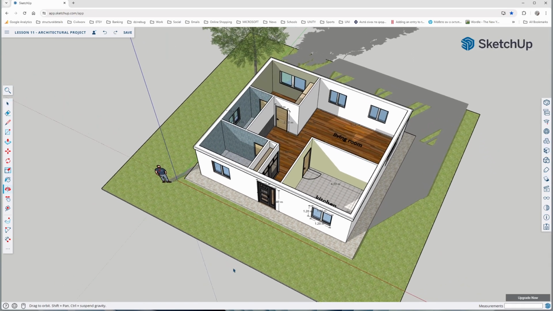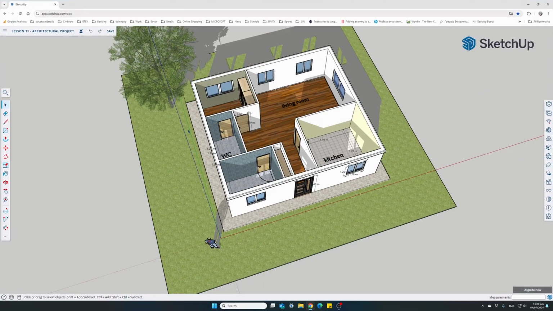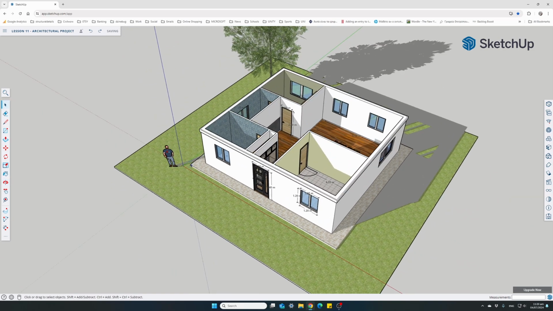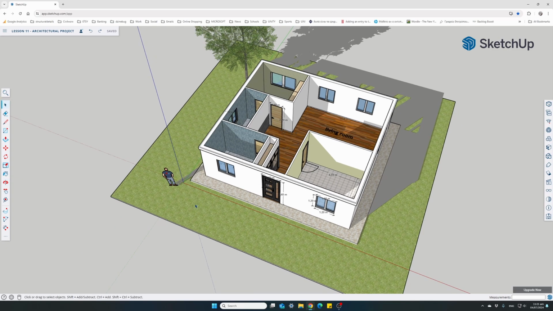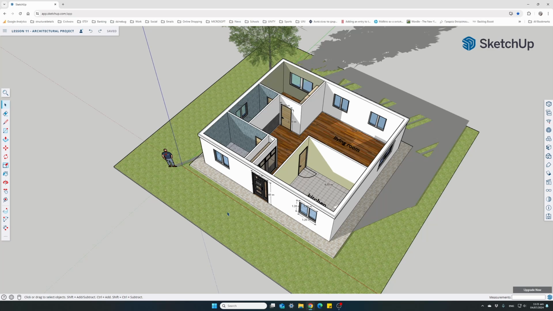So the more things we add to our model, the heavier the model will get. And remember, this is an online version, so Chrome takes up a lot of processing power, together with SketchUp uses more power, and prefer to do this only at the last minute after you finished making all the changes and the design